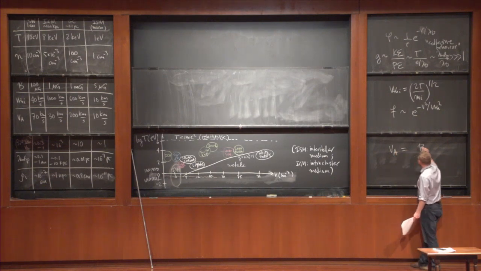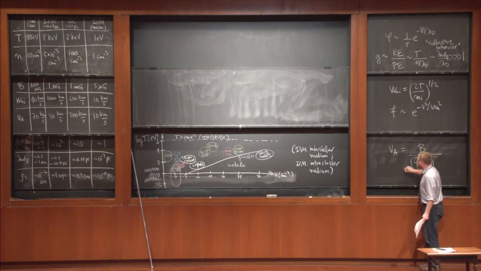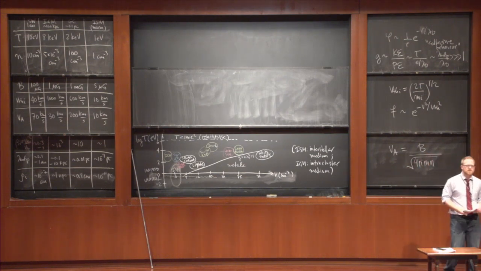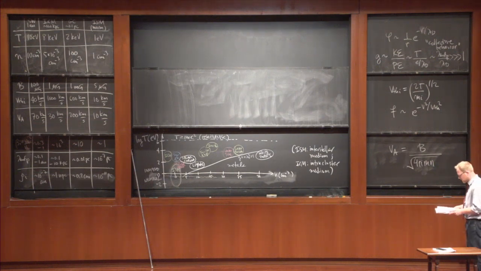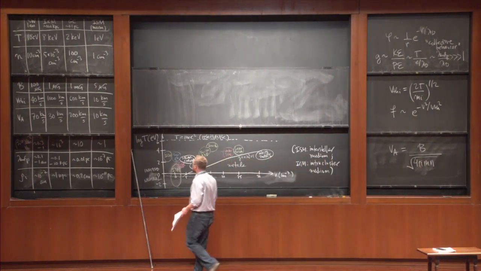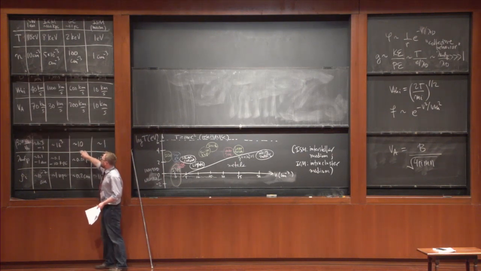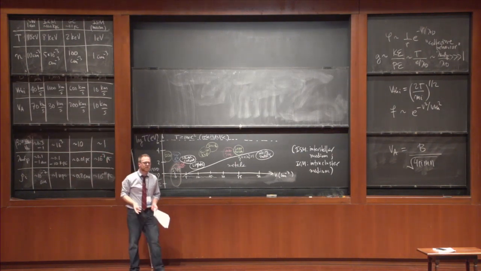Right, so there's another speed on the board, which we'll come back to in the lecture, which is the Alfvén speed. I'm using CGS units. It's the only units you should be using. This is the speed at which a disturbance propagates along a magnetic field. We'll come back to that in the rest of the lecture. The ratio is really important. So a lot of astrophysical plasma physics starts with this parameter, the plasma beta.